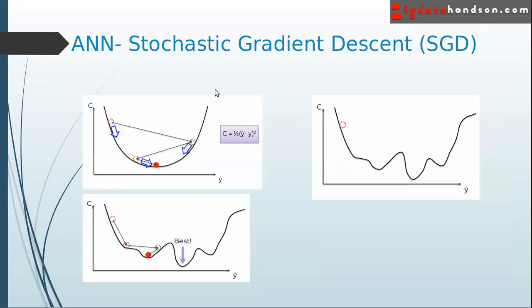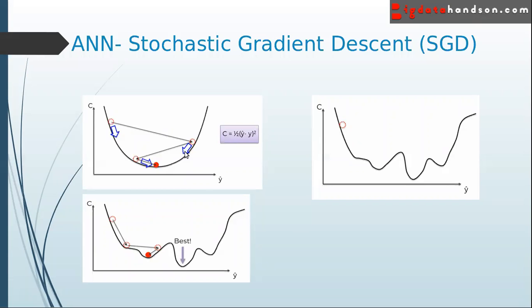We have another type of optimizer, stochastic gradient descent. Our data set is not always like a parabola, so sometimes it can look like this. If you have a data set like this, gradient descent finds the minimum error here, but the global minimum error is here. Because after this point the error is not decreasing, it stopped the training and reports this as the minimal error, but the actual minimum error is here, right?